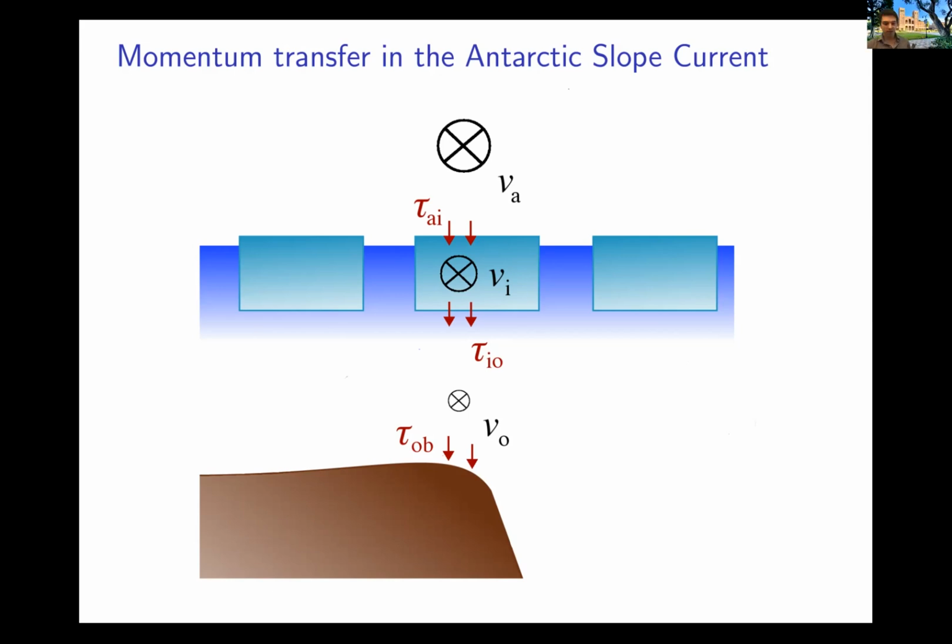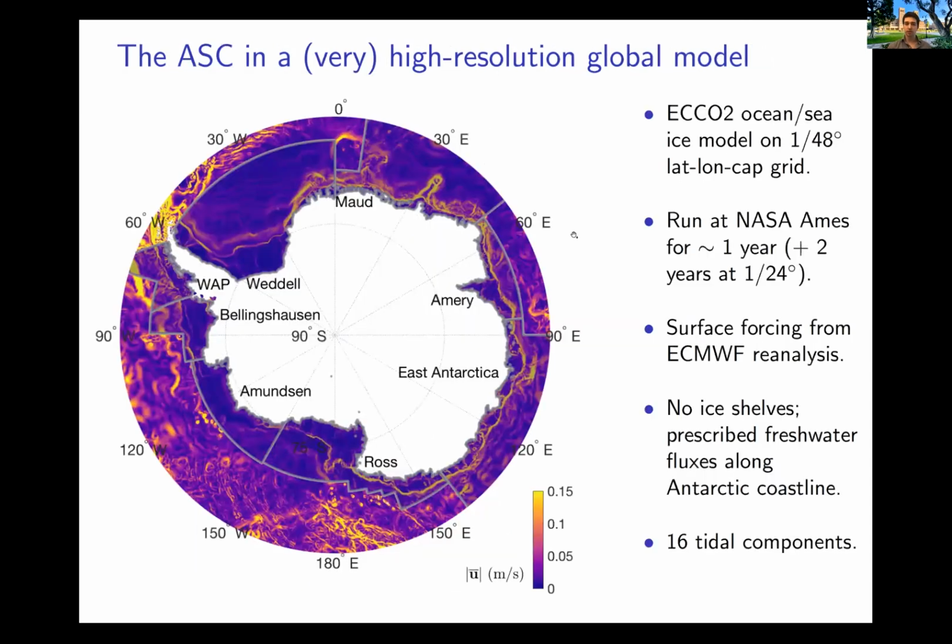Now, it's going to turn out that the actual picture is potentially different from this, and at present, we really don't have a firm understanding of this process for the usual kinds of reasons, the paucity of measurements around Antarctica, and the high resolution required for ocean sea ice models to faithfully reproduce the dynamics in this region. So the first thing I'm going to show you is some results from a very high resolution global ocean and sea ice model. This model, the LLC 4320, was run at NASA at a global resolution of 1/48 degree for